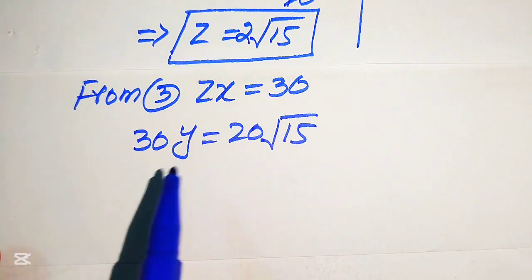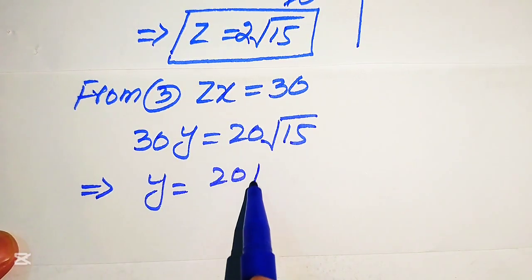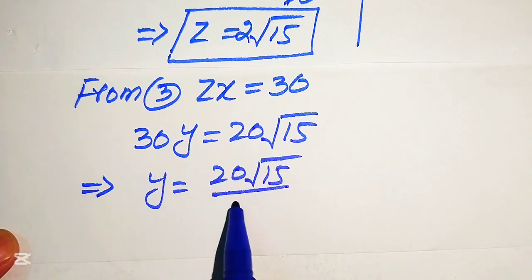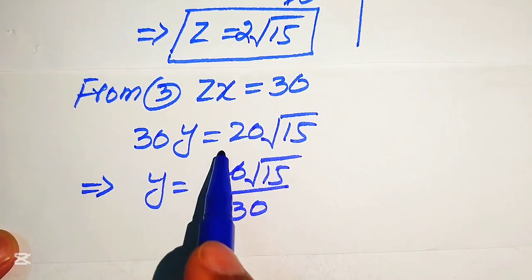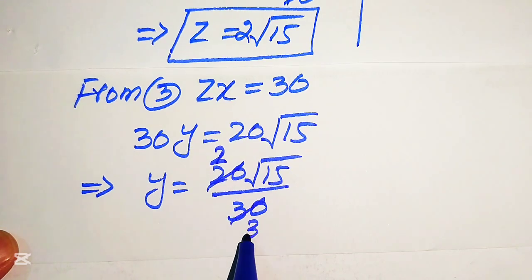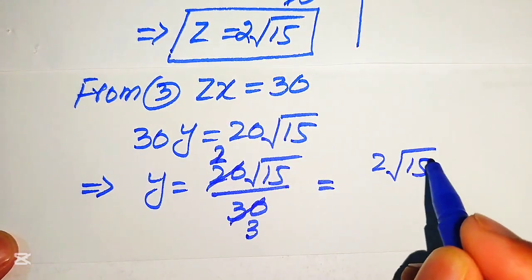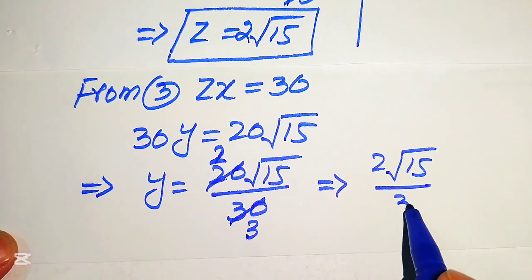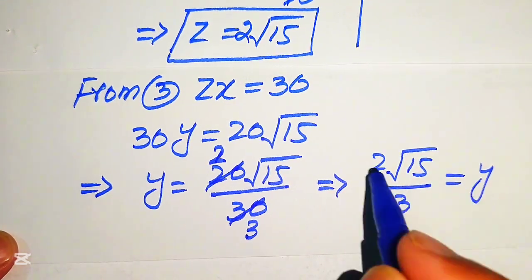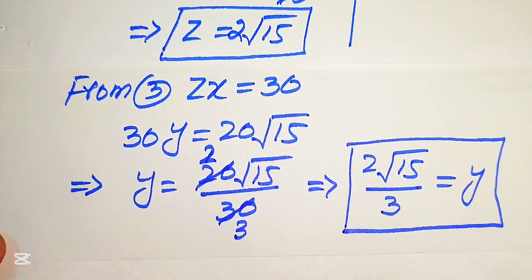So here we need some simplifications. We move this 30 to the right hand side, we get y equals 20 times the square root of 15 divided by 30. So 10 2s are 20 and 10 3s are 30. We get 2 times the square root of 15 divided by 3. So this is the value of y. These are the three values of x, y, z which we need here. This is the